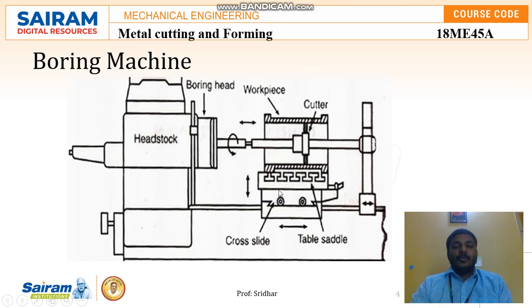This is how we can adjust this table, where we place the cutter, which we use as a drill bit or drill tool to enlarge the hole already done by the drilling machine. The main application is to enlarge holes to get the required diameter, in applications like turbines and pumps used in power plants. This is the brief construction of a boring machine and how it works. Now we'll see the major parts of the boring machine.